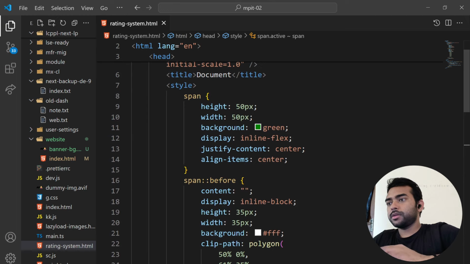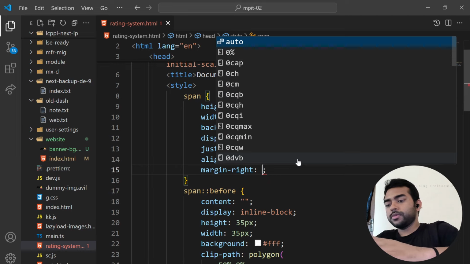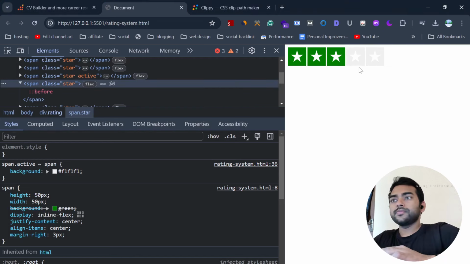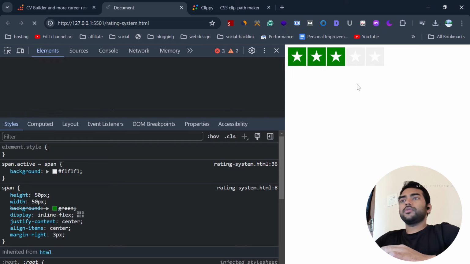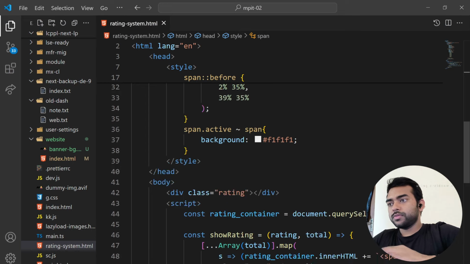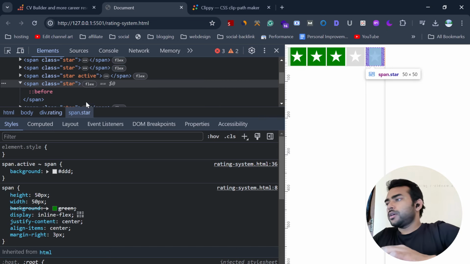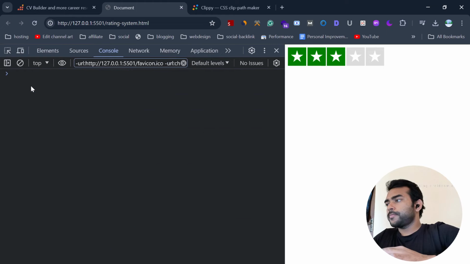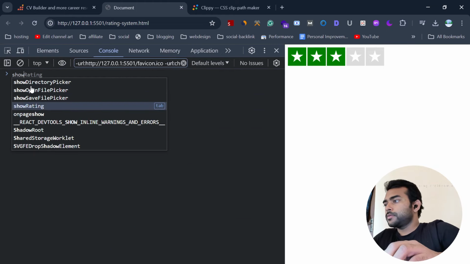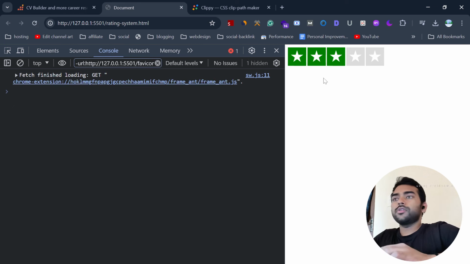And we will tighten the margin to 3 pixels so that it is slightly separated. And here, instead of the phone color, we will make triple D a bit darker. For that this triple D, then we can see the disabled star here, and here if I call show rating, here if I pass 4,